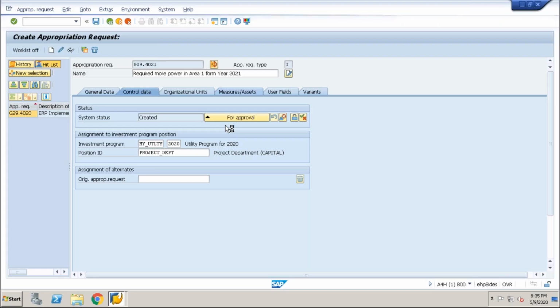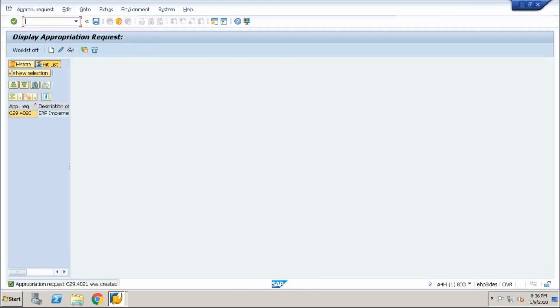So here we have very limited options. If you want to go with more options of approval, in that case you can use the user status, where you can create a user status profile which has to be assigned to the appropriation request as object type, and you can keep your status as per your requirement. So we will see how you can assign it to the same appropriation request. So this is the request which is created,